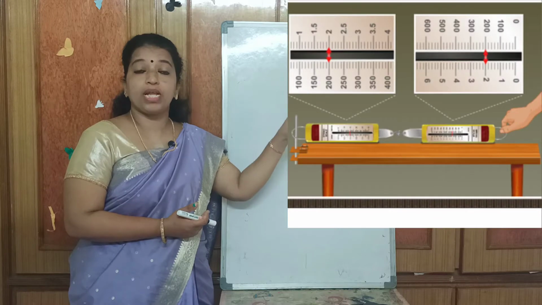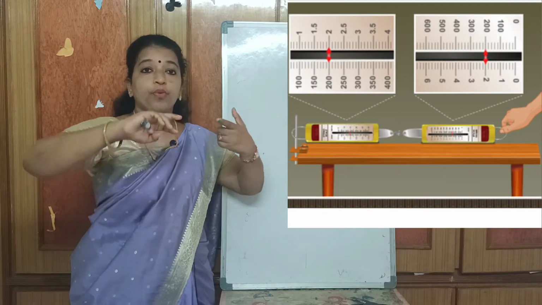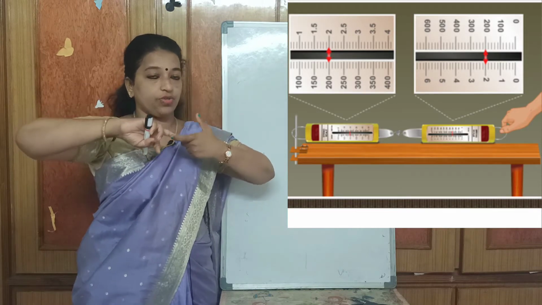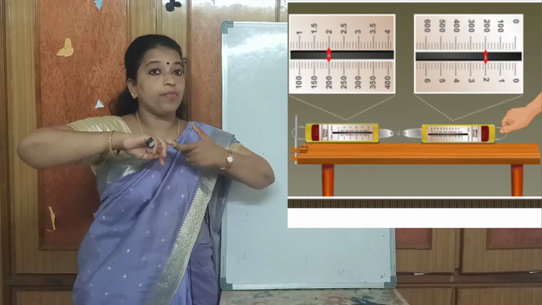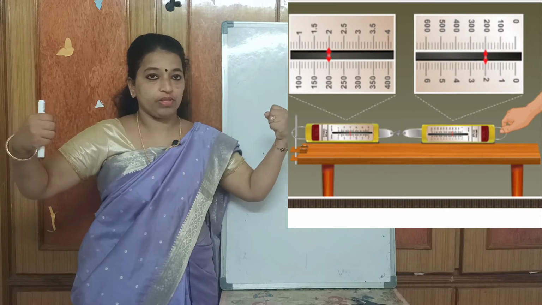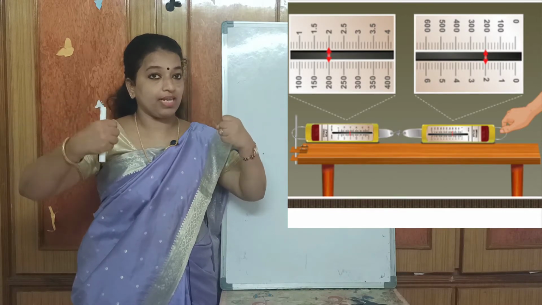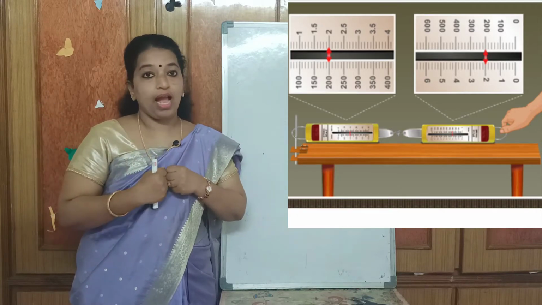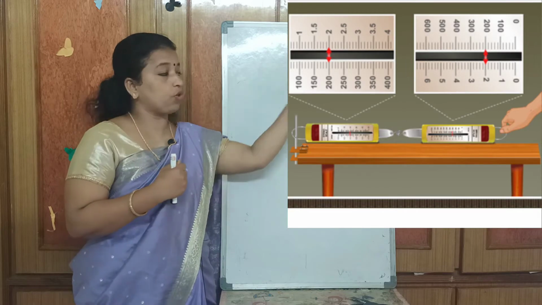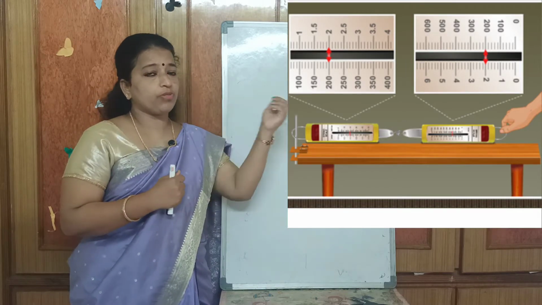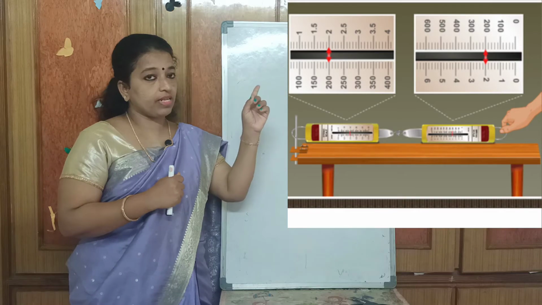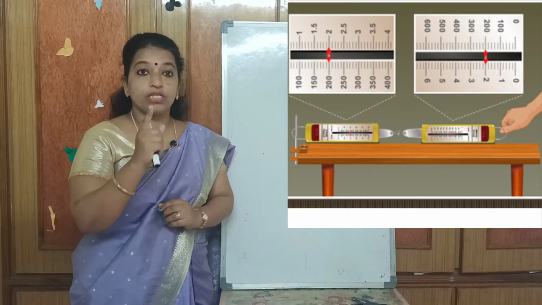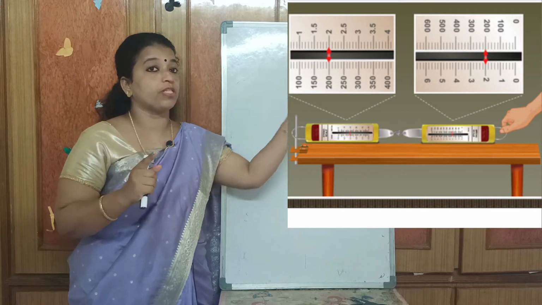Like that, we are taking two spring balances, okay, and both are connected together. So you can see in the picture, both connected together, and we are pulling from opposite directions. Both the spring balances we are going to pull from opposite directions, and observe the reading in both of the spring balances. What are you observing? Yes, you can observe the same readings in both of the spring balances.